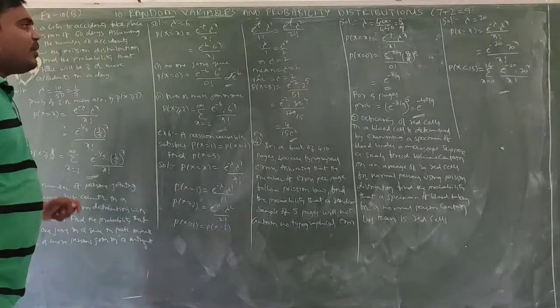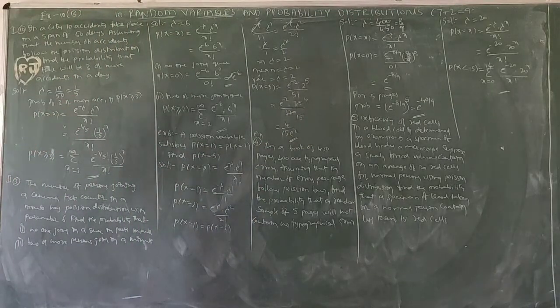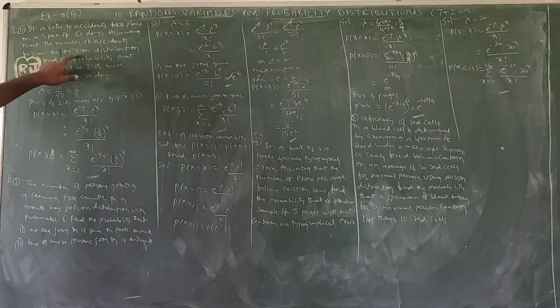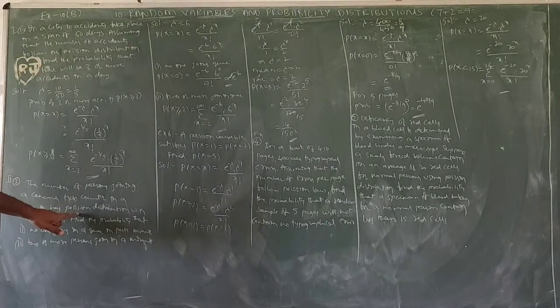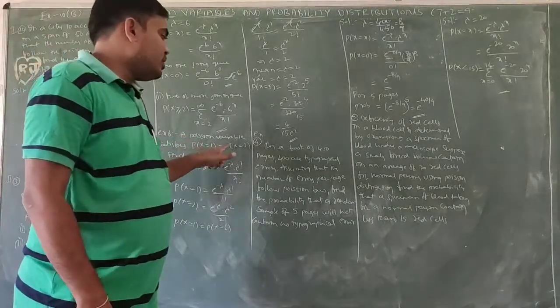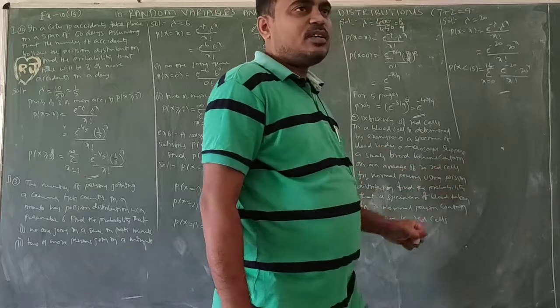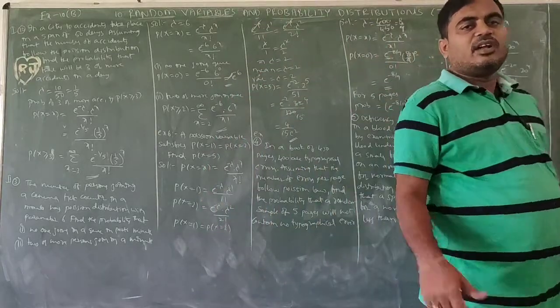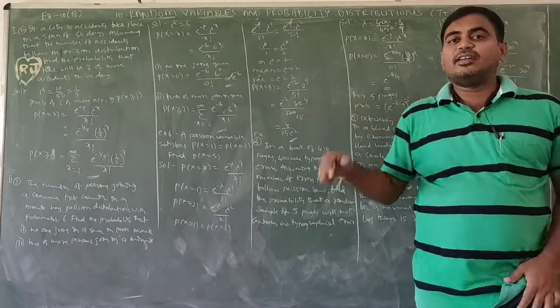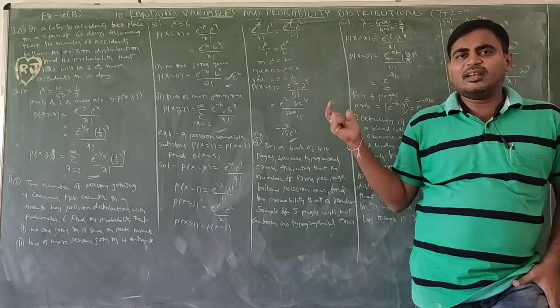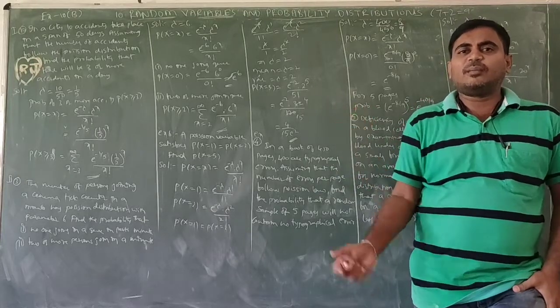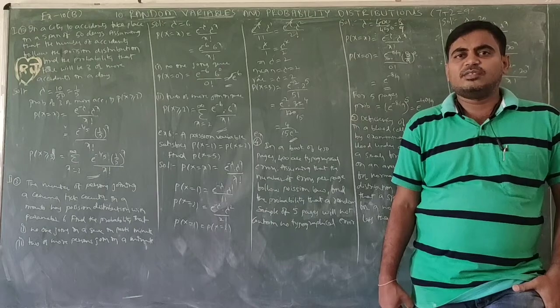So if we observe all the problems in Poisson distribution, they contain the word Poisson. Here this is the word Poisson, and here also the Poisson distribution. It is an indication to do the problem with the help of Poisson distribution. If the word Poisson is not mentioned, we need to apply binomial distribution. Okay, this is